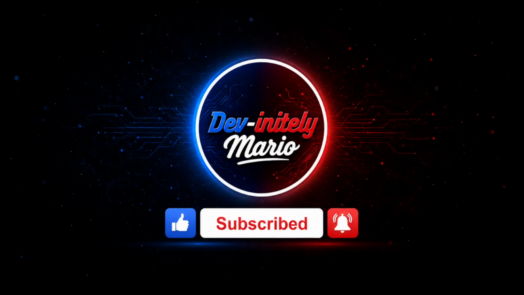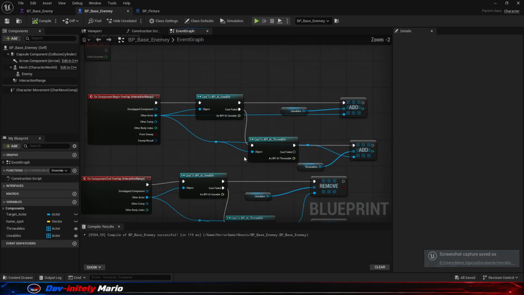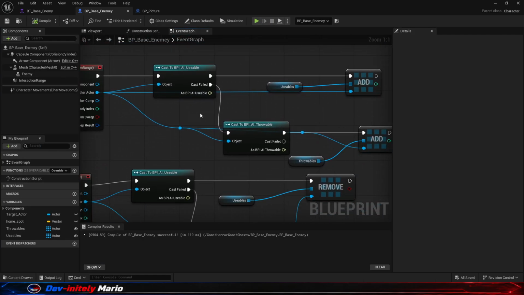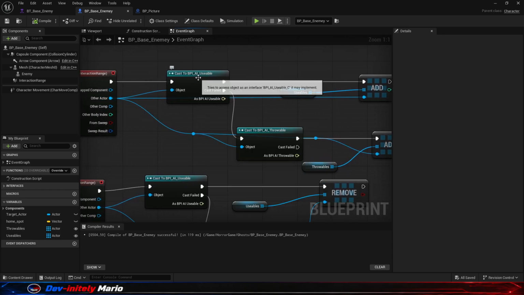Today we want to finish up our interaction with the ghost. Let us go into Unreal Engine for that. We have to build something around this. First, you see I changed that. We now cast the actor first to BPI AI usable